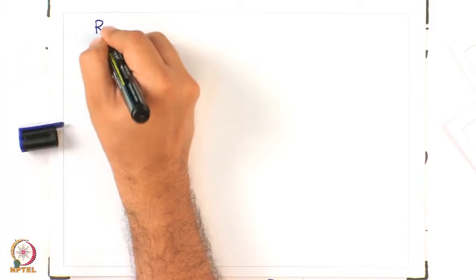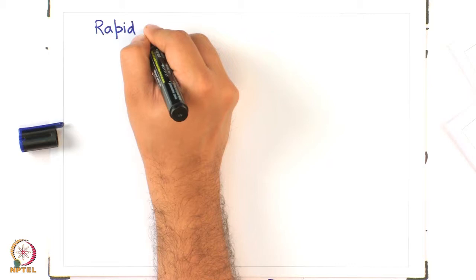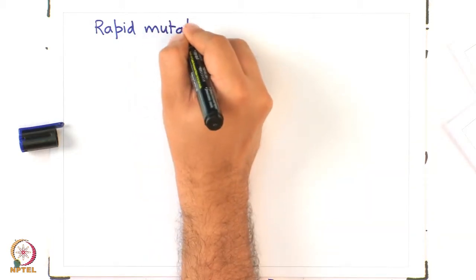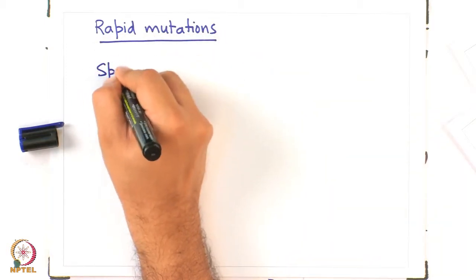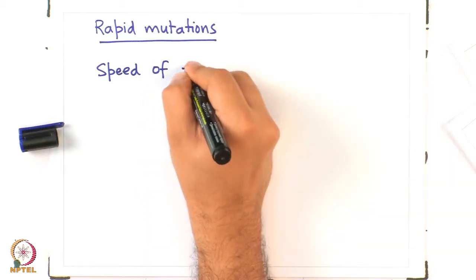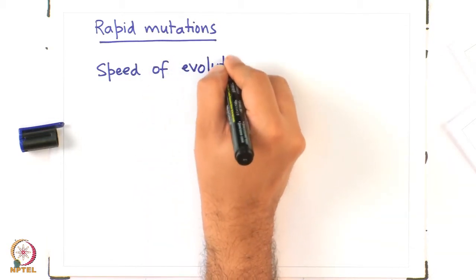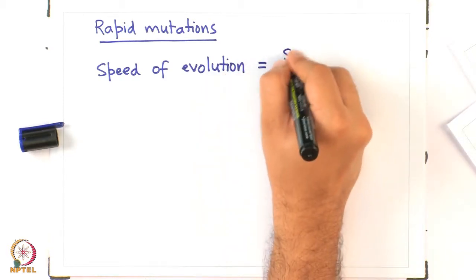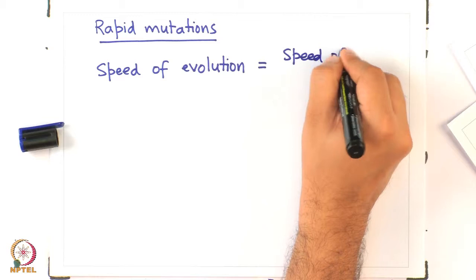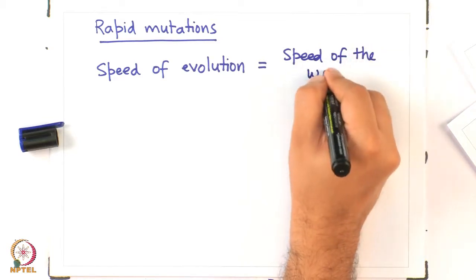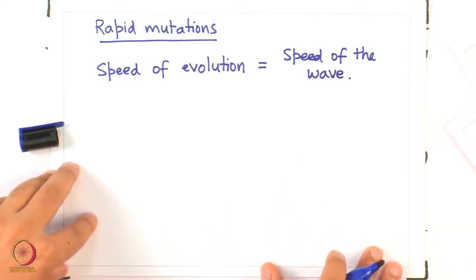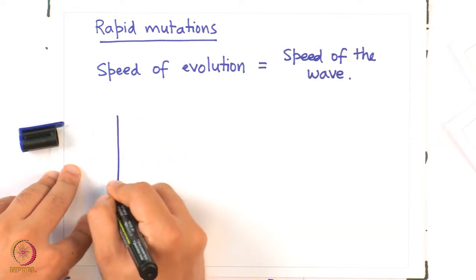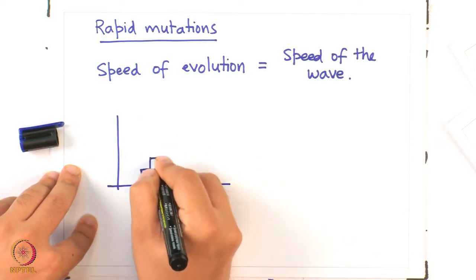So again, we are interested in the regime of rapid mutations, and we want an expression for speed of evolution, which is also equal to speed of the wave that we just described. One thing to note is that since this distribution is moving at a constant speed, that's our hypothesis,